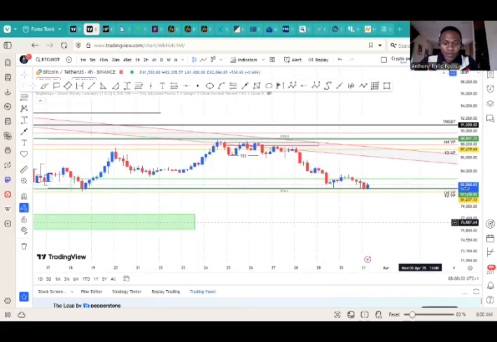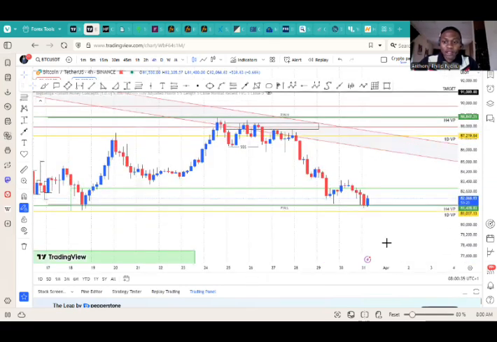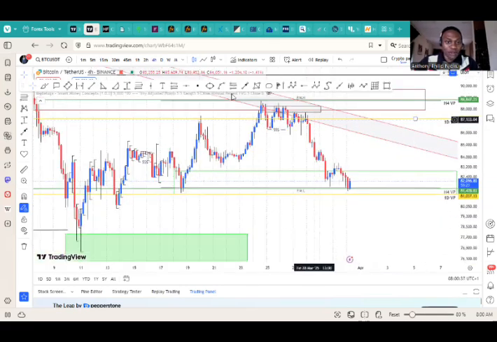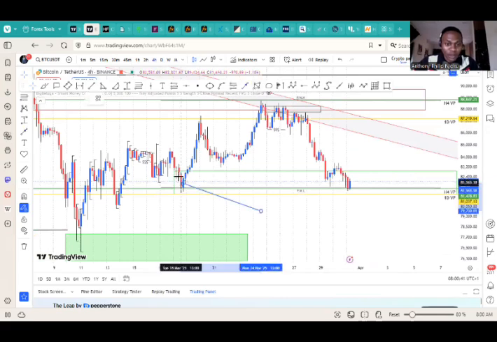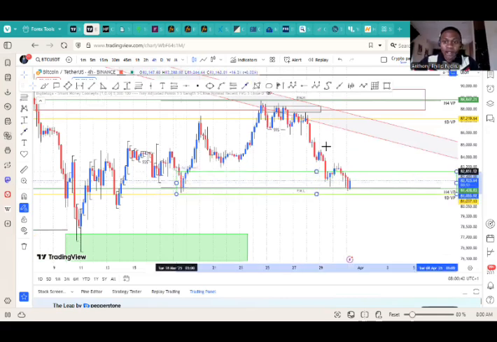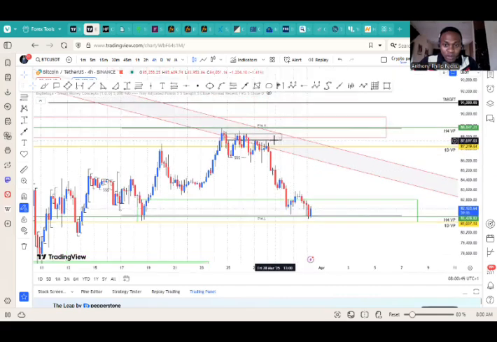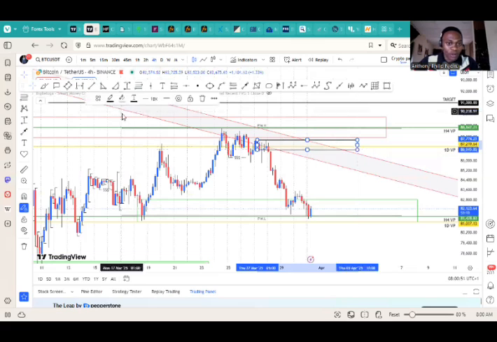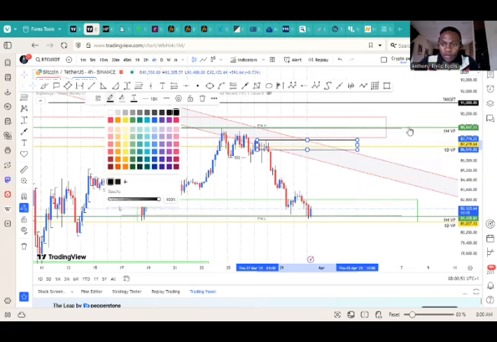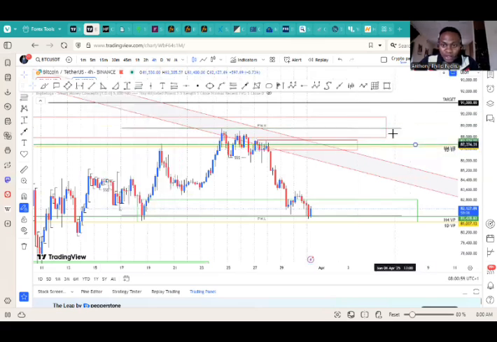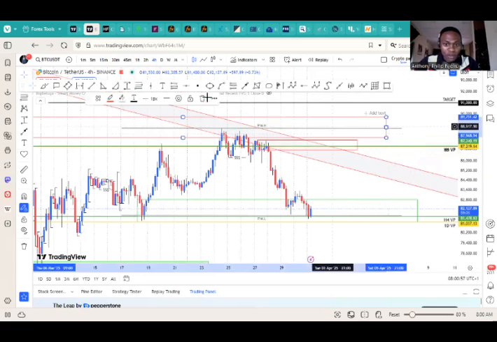On the 4 hours time frame, I spotted out the 4 hours demand already. This is the 4 hours demand, this candle over here, spread out neatly. Then the 4 hours supply zone. This should be the 4 hours supply zone. This candle here is the original 4 hour supply zone now. So let's update that and delete this so it doesn't cluster the chart.